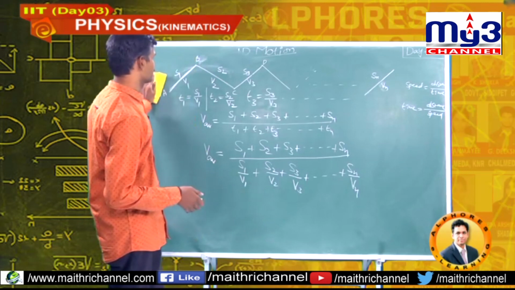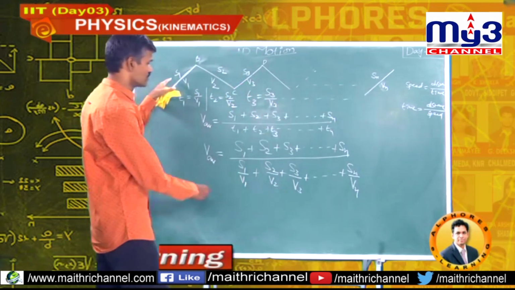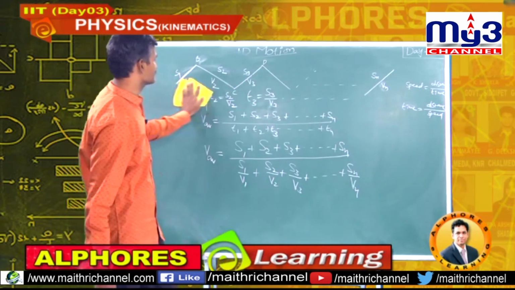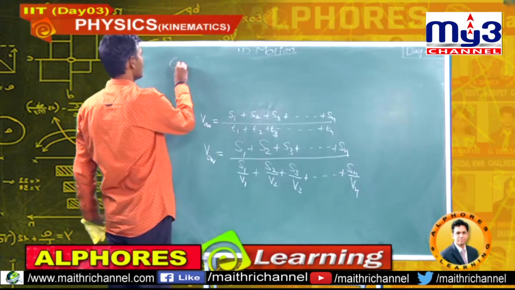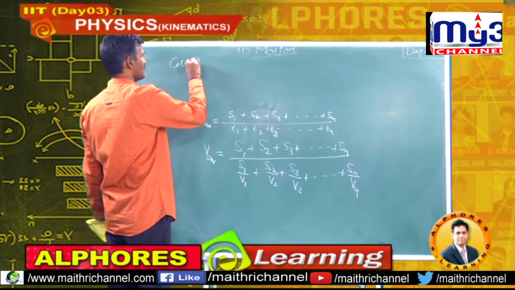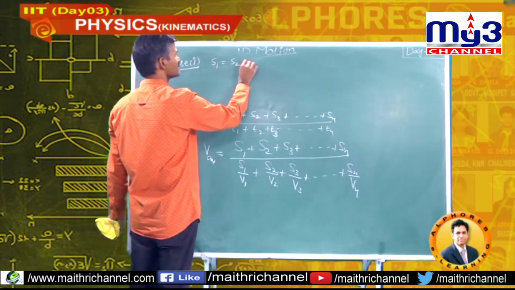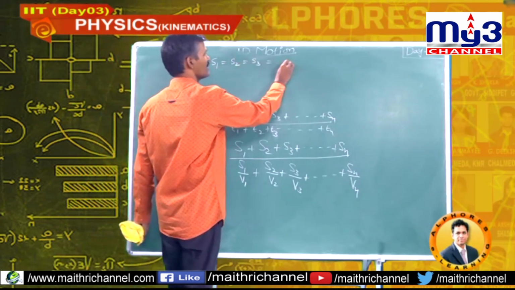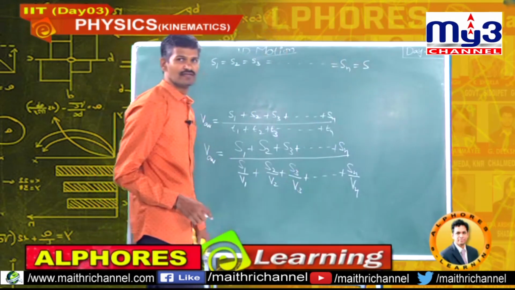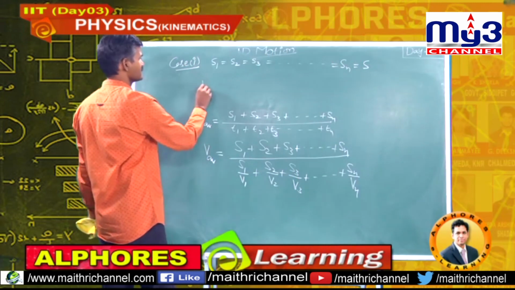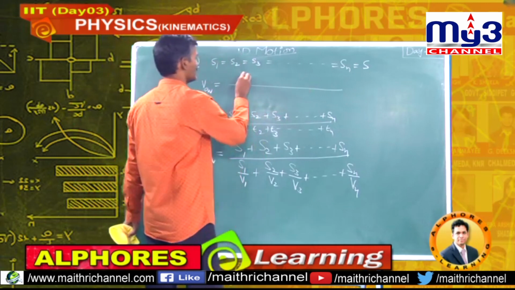Suppose these distances are the same, then what is the average speed? To understand that, I am considering some cases regarding this formula. First, case 1. In this case, if S1 is equal to S2 is equal to S3, and so on, is equal to Sn, is equal to some S, then the average speed V average is the total distance, S plus